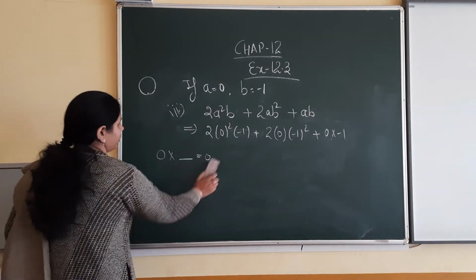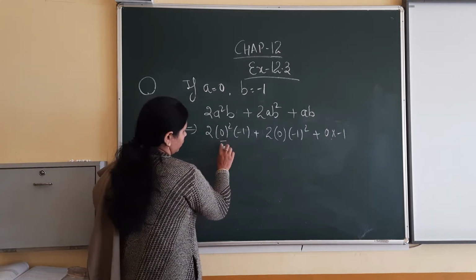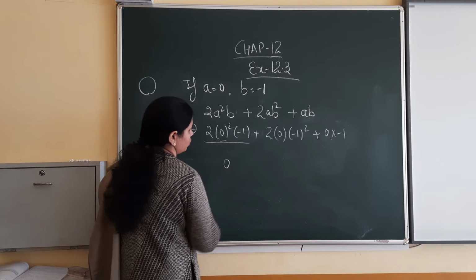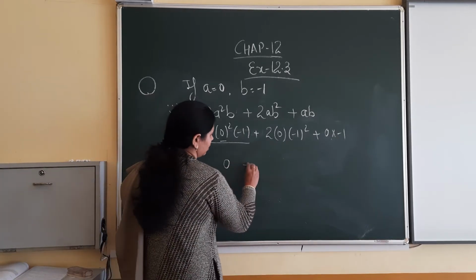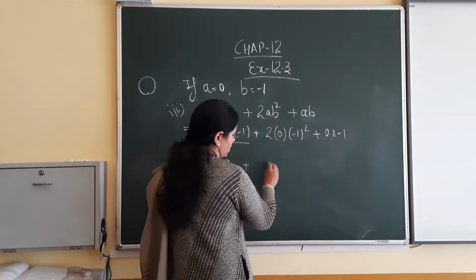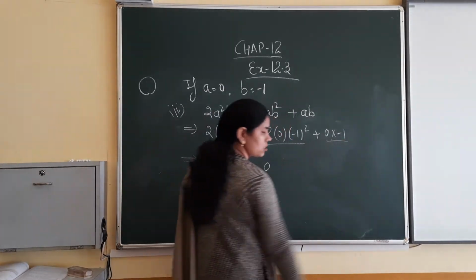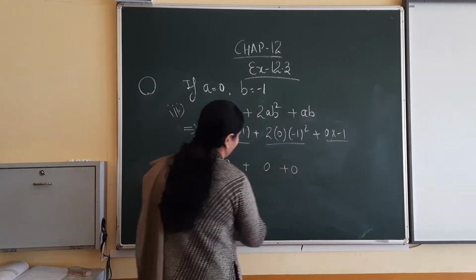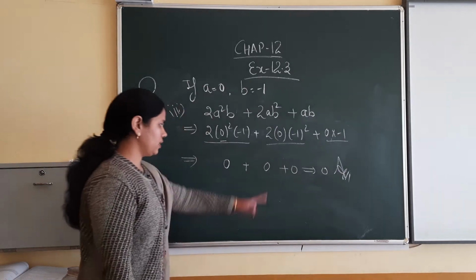So we will use this property, and by the same we have 10 here. So the answer of this term is 0. After solving it, the answer will be 0. Same in the second term, 10 is here. So the answer will be 0 after solving the second term, and the third term is also 0. Now the addition of 0 will be 0 only. So here the answer is 0.